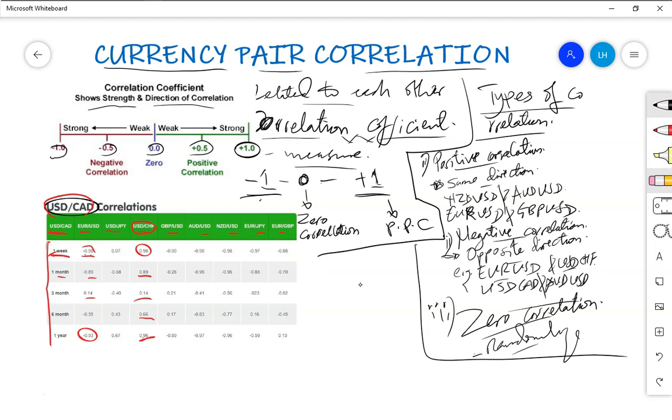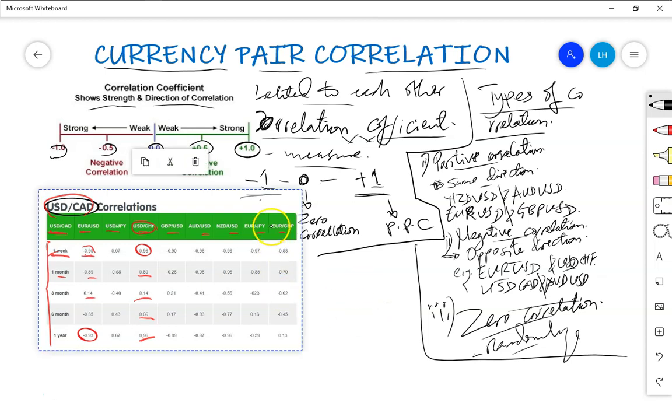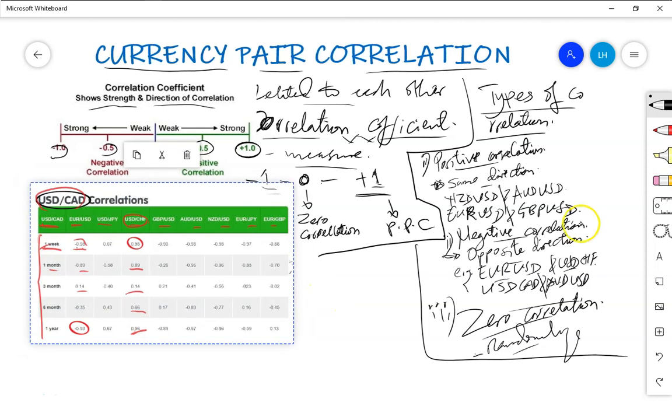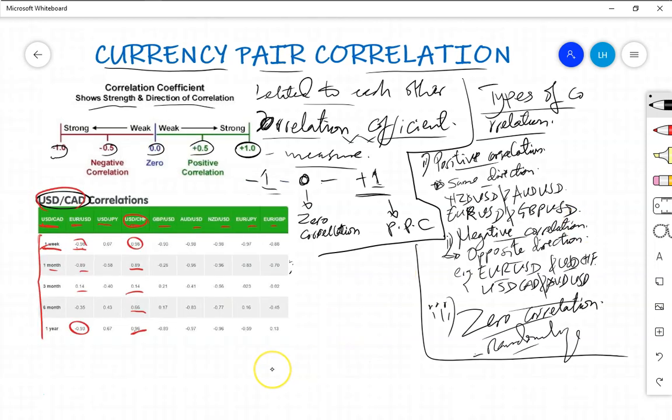Now there are many ways in which you may use currency pair correlation, but here we will discuss only 2 simple ways on how you can use it. Now the first way on how you are going to use currency pair correlation,